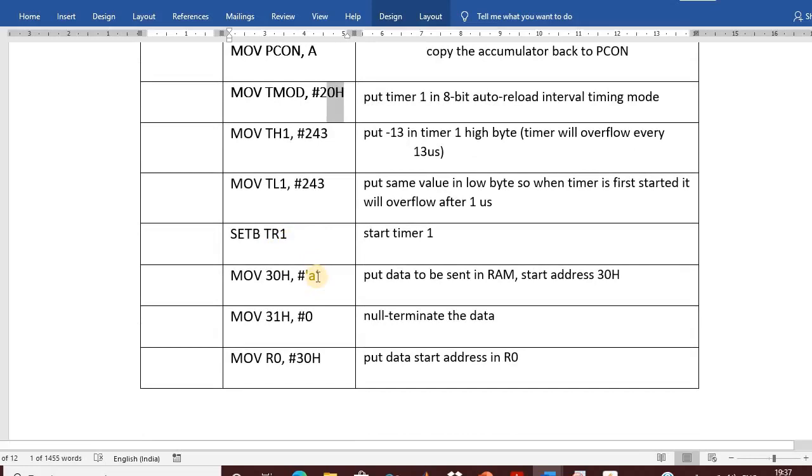What I'm going to do is put data called A into RAM address 30H, and 0 is specified to terminate the data. Suppose we use MOV 30H, #A and MOV 31H, #B and MOV 32H, #0. This 0 indicates termination of your data. So what I'm going to do is,